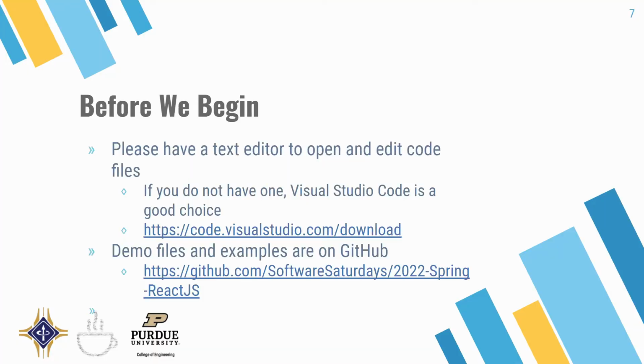Before we begin, this is more of a general course-wide thing. You don't have to do it right now, but just think about this. You will need a text editor for this course. What that really means is when we're editing code files, we have to use a special program to edit them properly. Your Word won't actually open or edit code files, if you're familiar with that at all. I highly recommend Visual Studio Code or VS Code. It is probably one of my favorite IDEs or text editors out there. Here's a link to download it right here. But obviously, whatever you want to use is A-OK. VS Code is an option. You got Sublime Text. You got Notepad++, regular Notepad. You want to go hardcore Vim, CS159 style. Whatever you want to do is A-OK with me, as long as you have some way to edit plain text